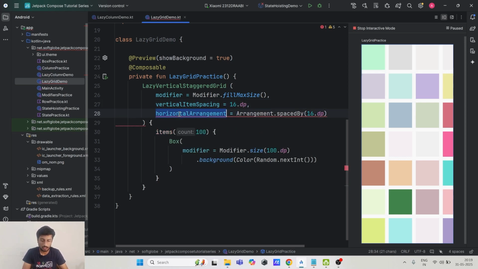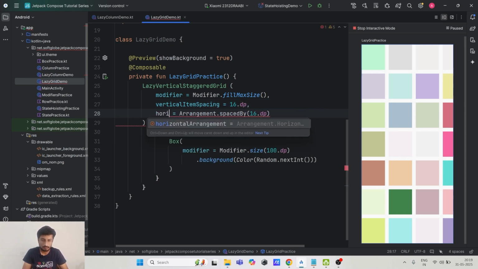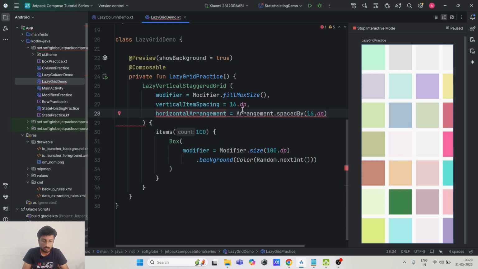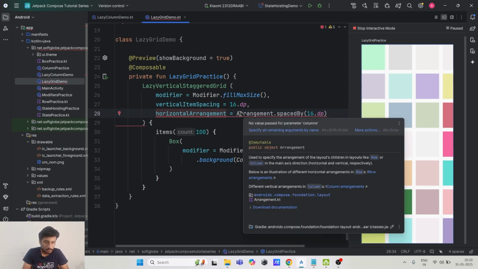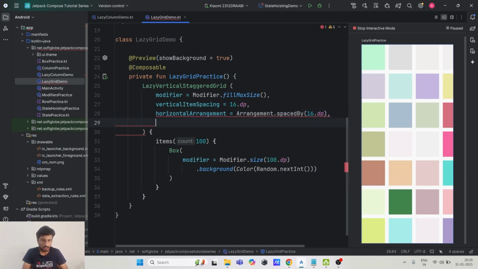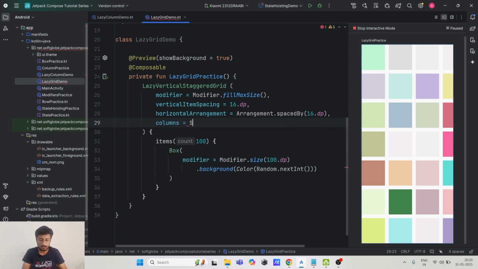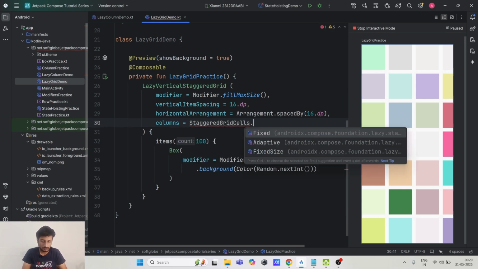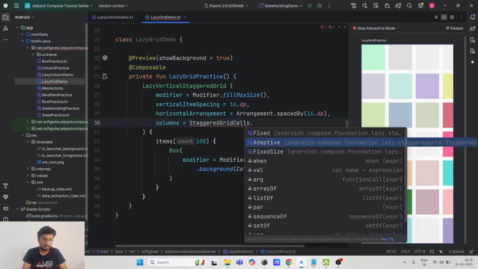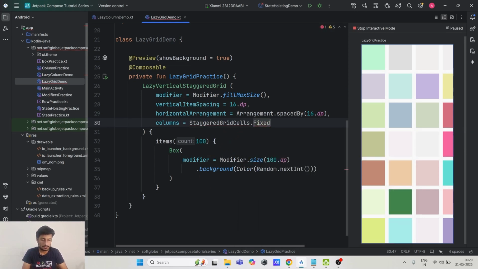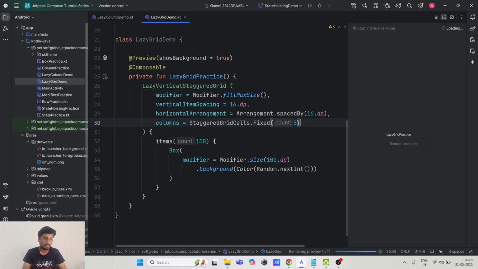Okay, and the horizontal arrangement, okay, what's the issue here? The value passed for columns. Okay, so it needs a column, so we can also pass that. What it is taking, staggered grid cells. Okay, it takes staggered grid cells dot, again we have three options: fixed, adaptive, and fixed size. I just keep it fixed, the 5. Okay,